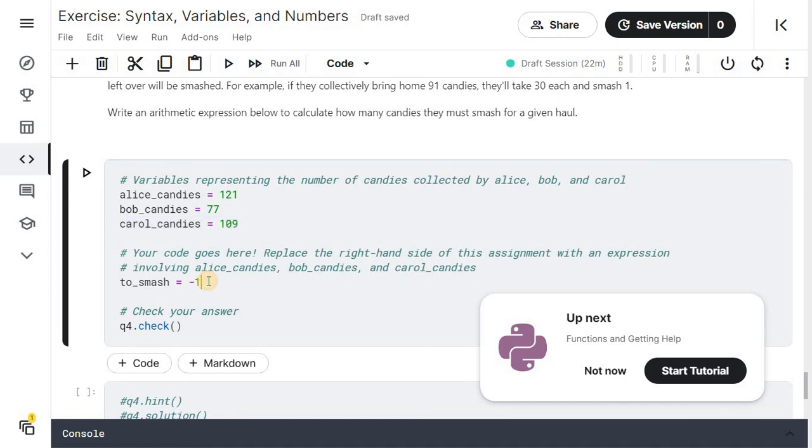So what we will do here, in parenthesis, we will add Alice candies plus Bob candies plus Carol candies.